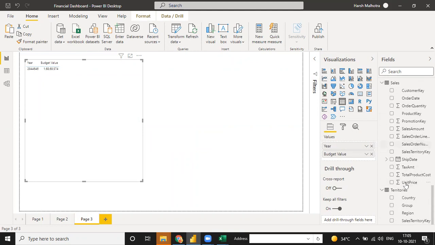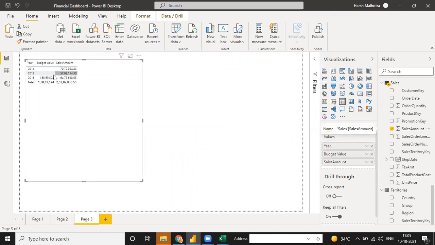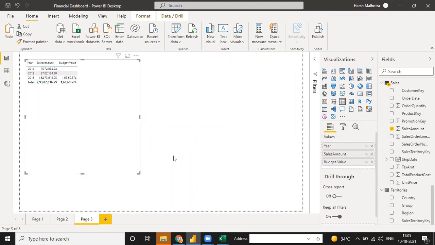And for sales, I select sales amount, and see the year is showing as numerical. So you just click on this and don't summarize, because right now year value is summarized, and budget is down, means sales and budget.